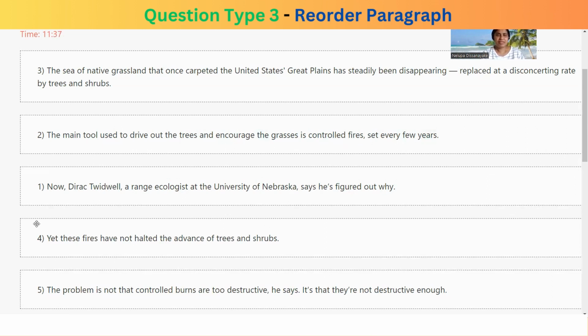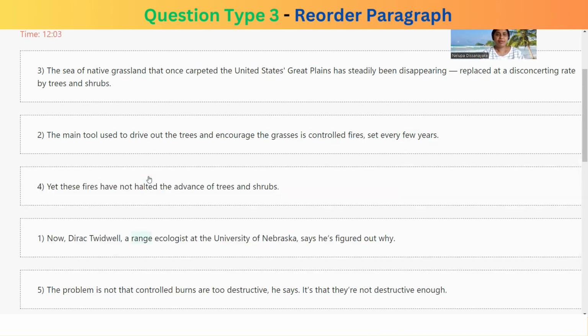So now let's see this one. These fires. Now, some kind of an idea about fire, how it is being used for controlling something is being explained here, and then it gives these fires. When you have this word these, it is really important, as I have mentioned previously also, some kind of an explanation about fire should be mentioned in the previous sentence. Therefore, we can use this sentence as the matching pair for the second sentence.